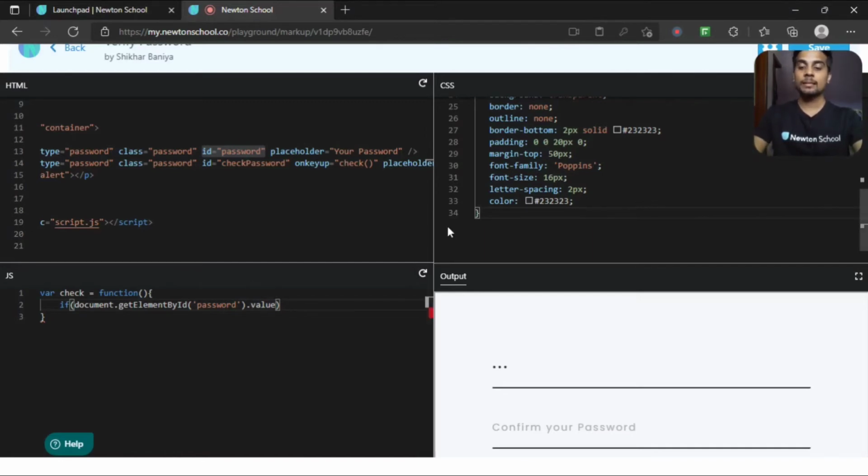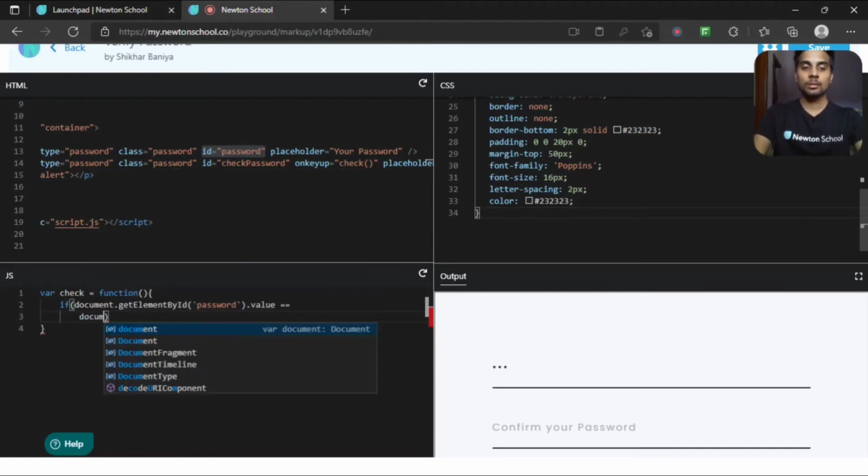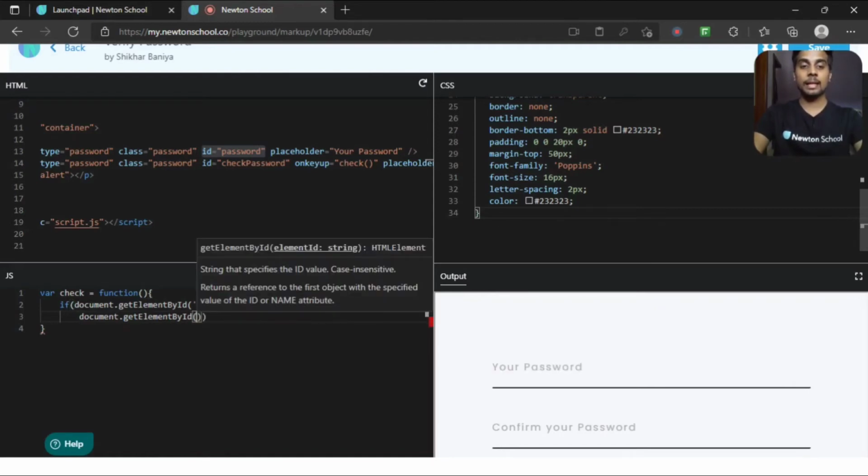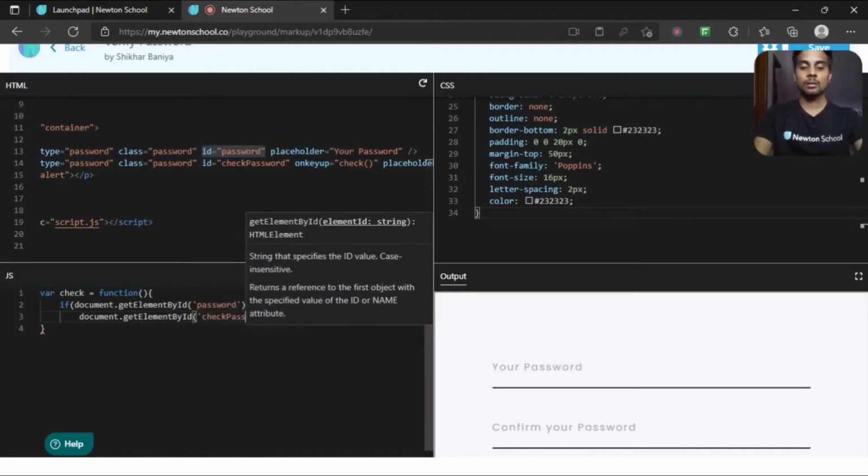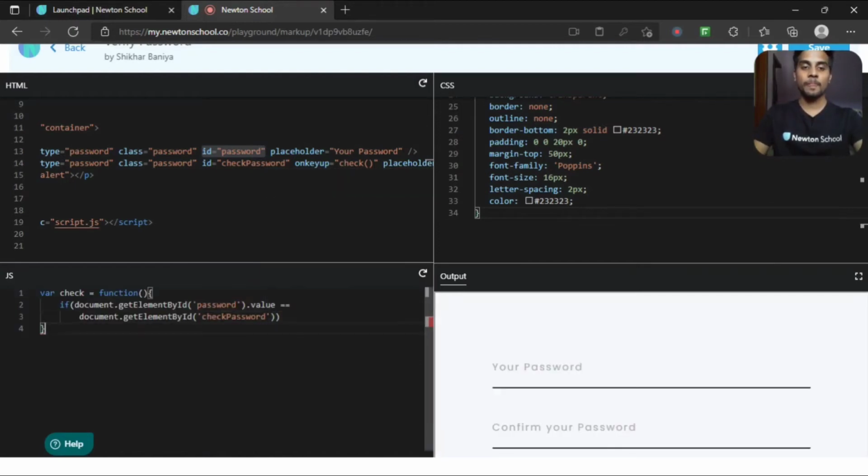Next I want to compare it with document.getElementById with the second input box, which is having the id as checkPassword, again .value. This will check if the value that is passed inside the first input box is equal to the value that is passed in the second input box. So if both of them are equal,